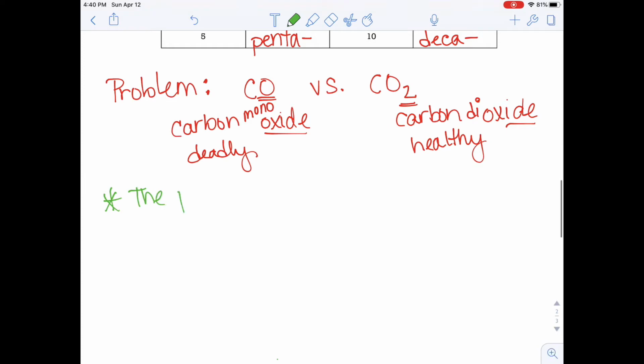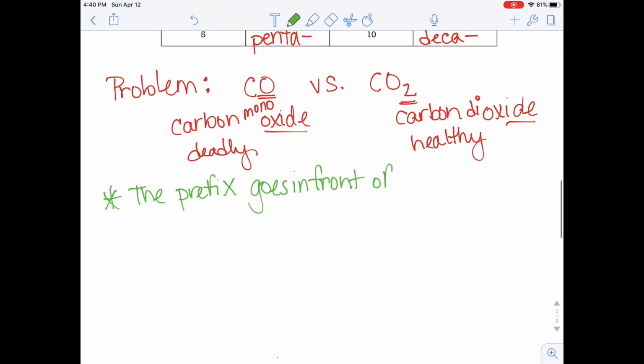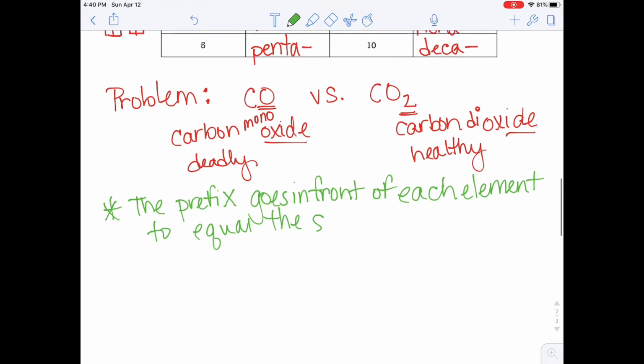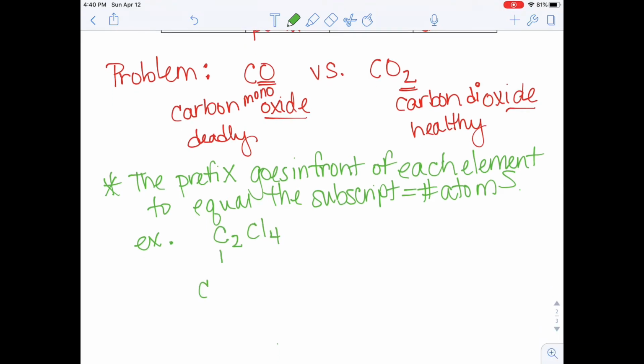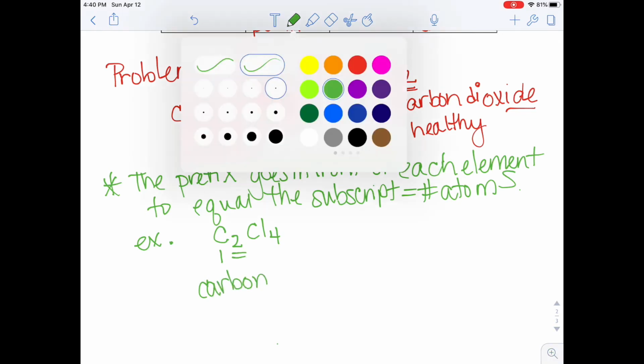The prefix goes in front of each element to equal the subscript, or the number of atoms of that element. So for example, in a compound C2Cl4, the first element we know is carbon, and since there are two carbon atoms here, we're going to go